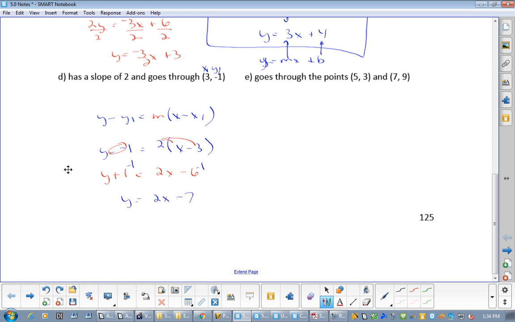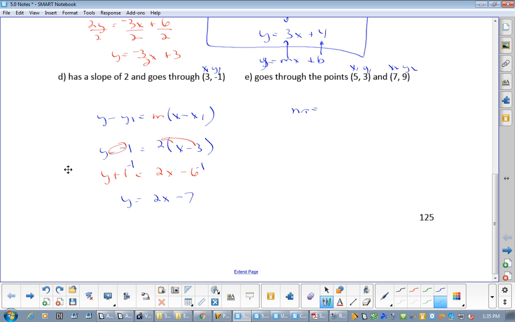Okay? Now, how am I supposed to do the next one? Can I use the slope point formula? Can I find slope? I can, right? Because this is x1, y1, and this is x2, y2. So my slope formula is, right, m equals,